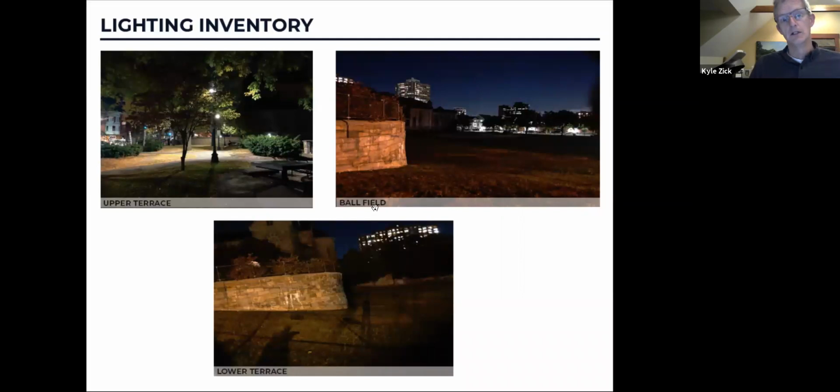So we covered a lot of ground, and it's a chance for us to step back and stop talking and listen more to you all. So hopefully this has given you a hint at all the different things we're looking at, and will spur you on to give us feedback on the different aspects of the park, how it's used, and what you would like to see for the future. So thank you.